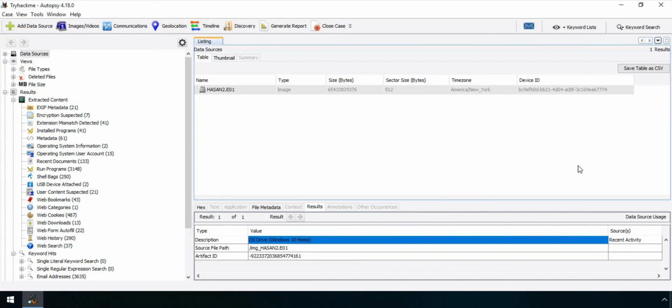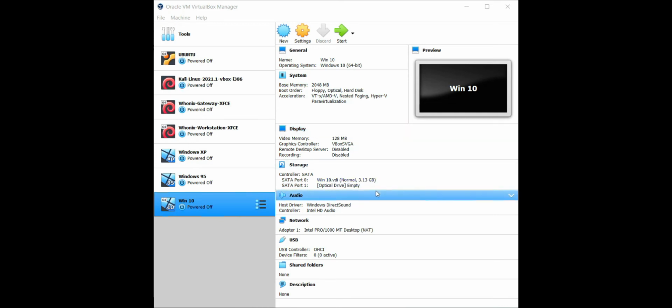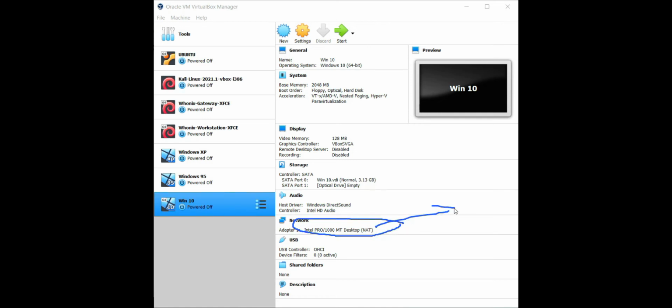Just give me a second. As you can see, I have my Windows 10 virtual machine, and it uses by default the Intel Pro/1000 MT Desktop as the network adapter. The virtual machine sets it up by default.